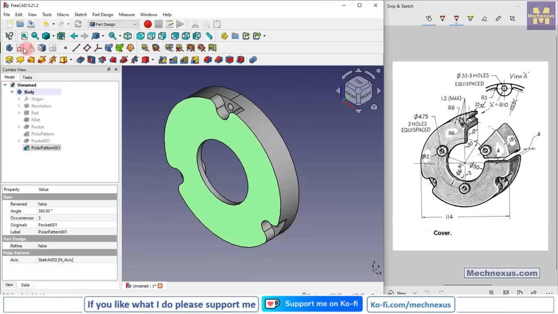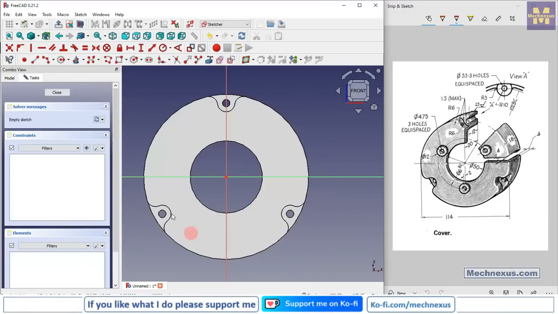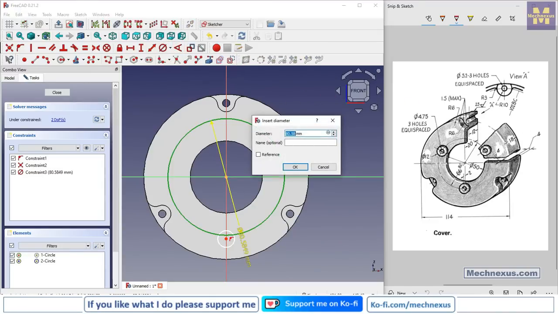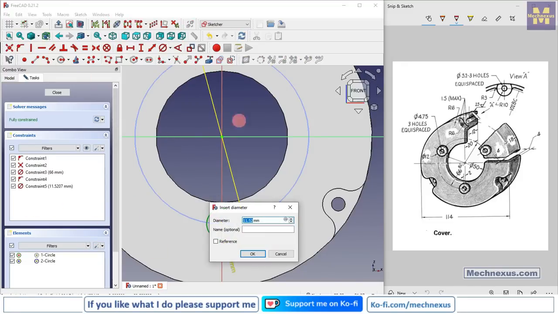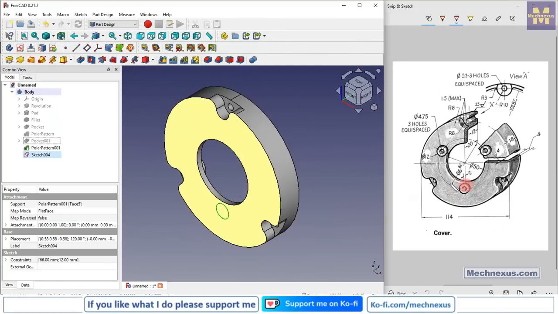So we will select the face and click on the sketch, press 0 for right orientation and switch to the front view, and we will create a circle, and we will again create a circle, and we will select it and make it construction. Go to the diameter and add the diameter of 66, and we will select this and add a coincidence. Now I will select diameter and provide the diameter of 12 mm,